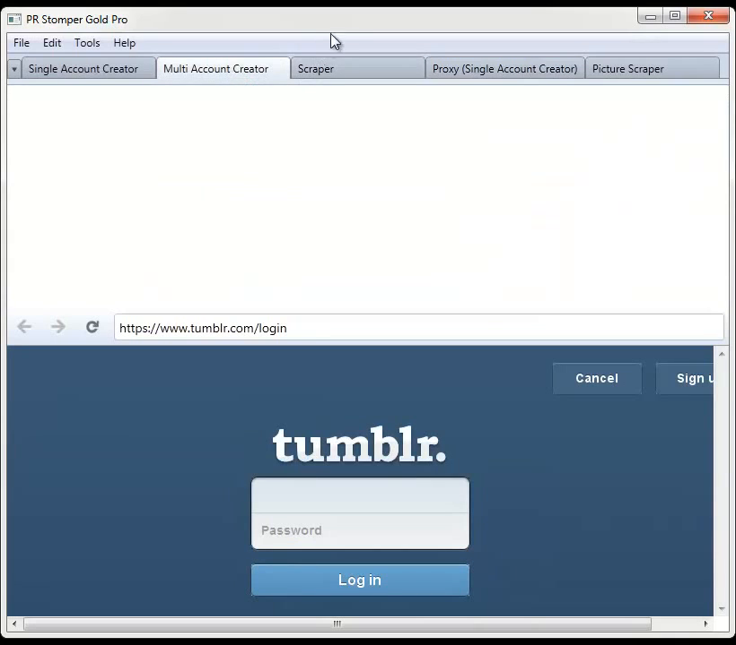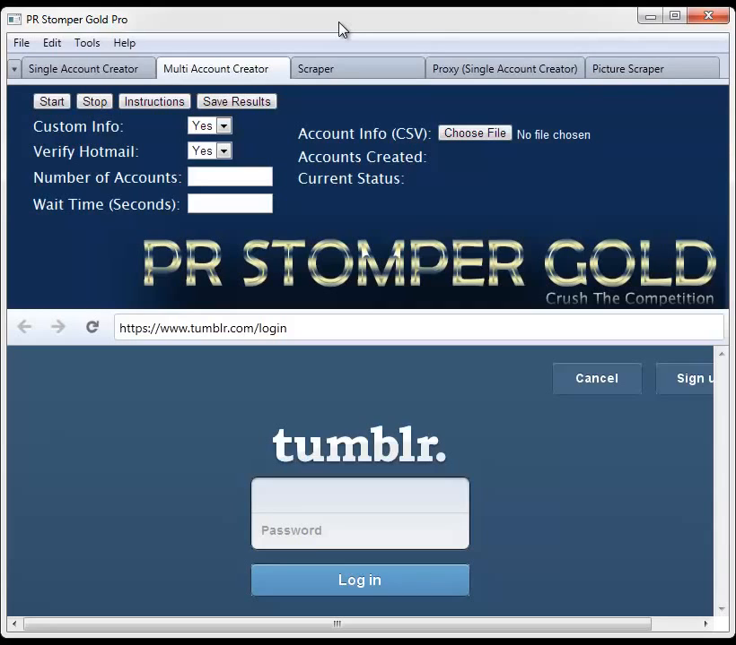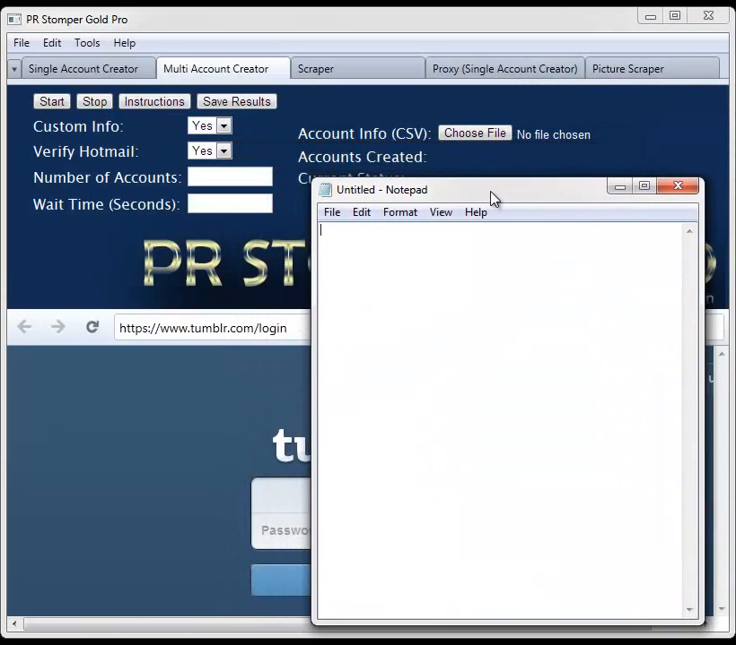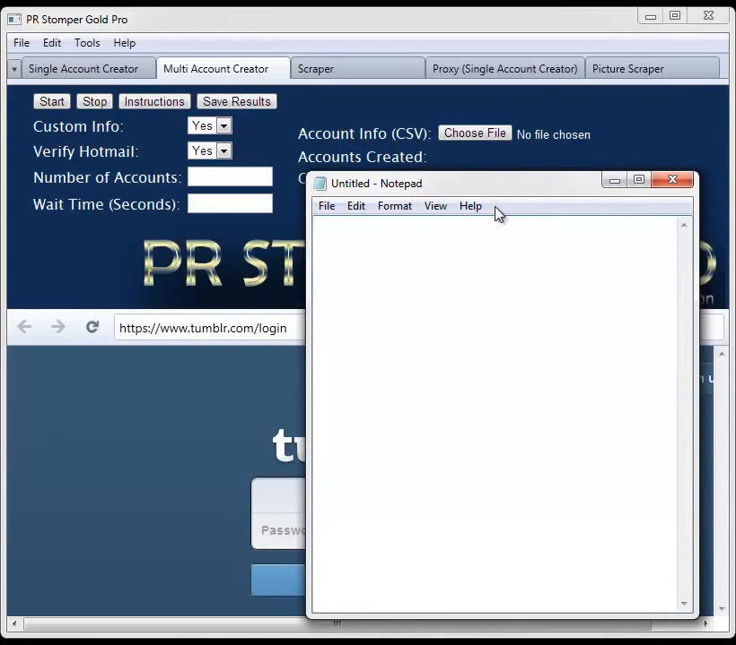Let's go on to the multi-account creator. For this one, the custom info can be uploaded here, and let me show you how to do that because it's a little confusing, or it can be. Basically what you'll want to do is enter in your email address, followed by a comma. The password, especially if you're using Hotmail, you'll want the email and you'll want the password to the Hotmail account so that it can log in later and verify it,